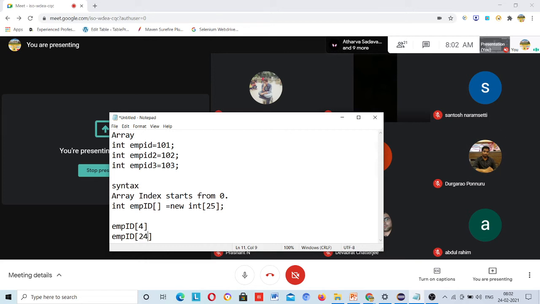I need to pass 24. Okay, so this is how an array works. It means you don't need to write 100 lines of code. Suppose I take an example of 3 employees, then for 3 employees I am writing 3 different variables. Tomorrow, if I want to get this data, I have to write System.out.println 3 times. So that's why this code is going to be reduced using the array.